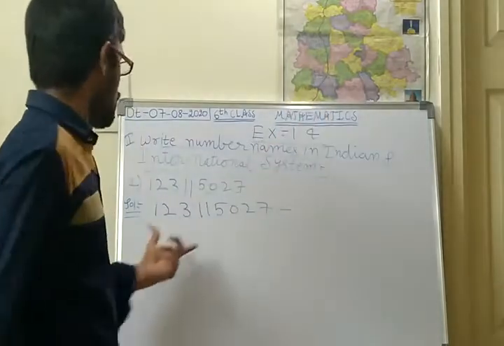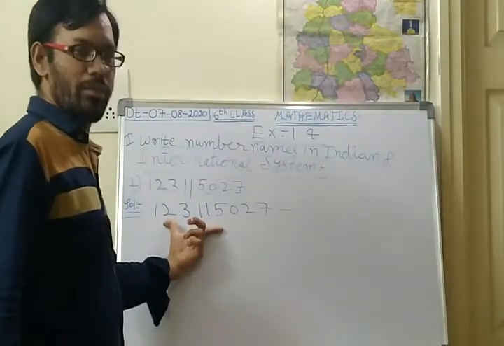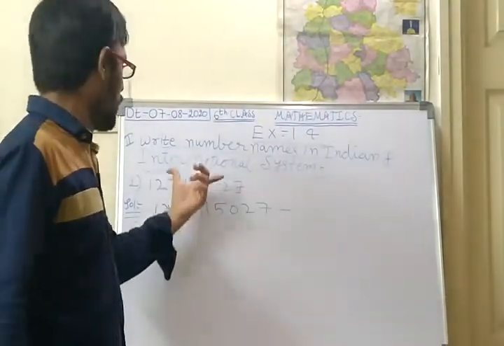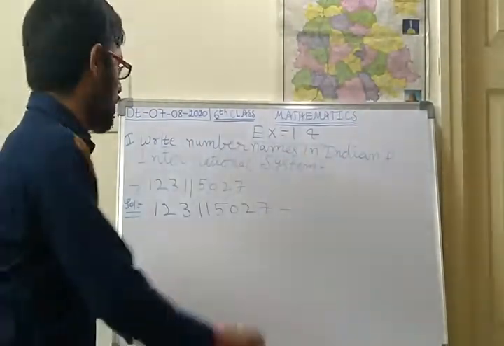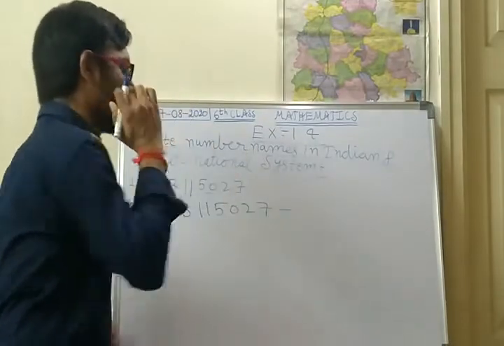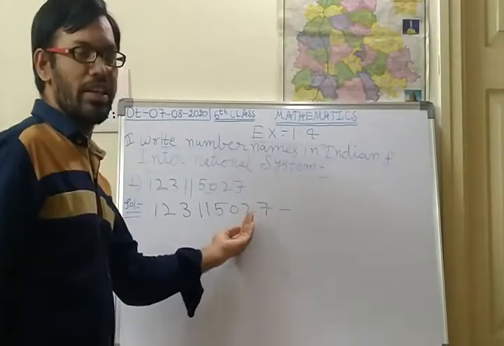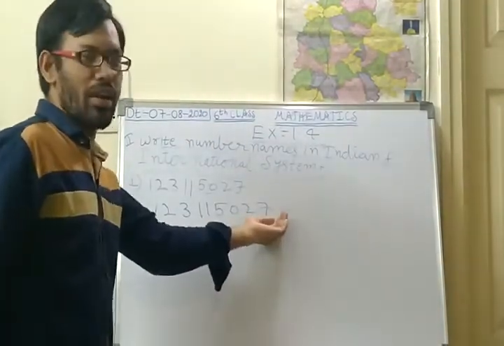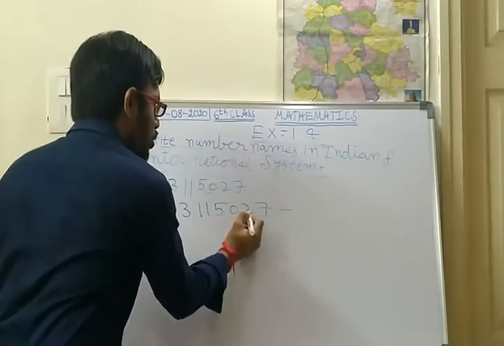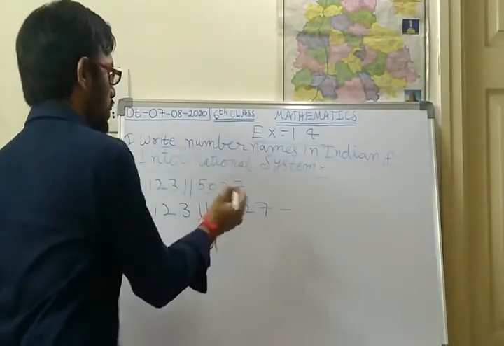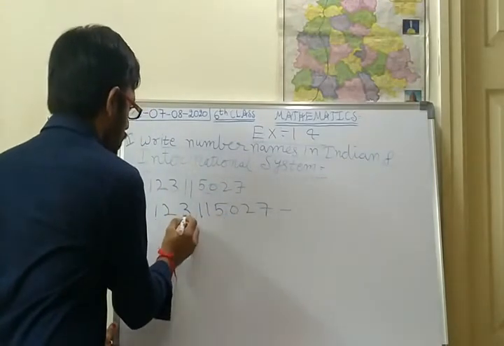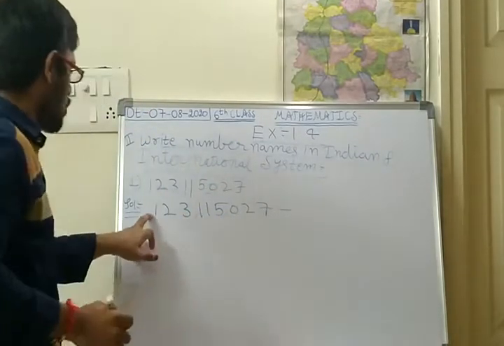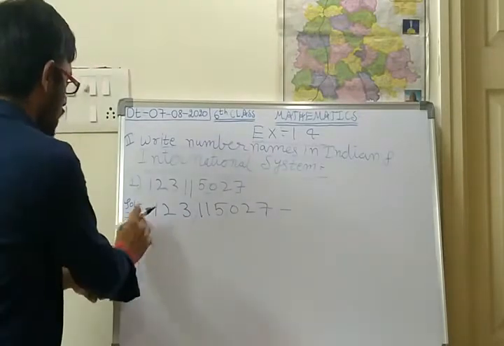So this one, first of all keep the commas according to the international system. Now the Indian system is completed. Now the international system. So commas will be placed after every 3 digits from the right side. So 720, comma. Next 511. So 123, comma. 123. So here no need to keep a comma, because after 3 digits no number is there.